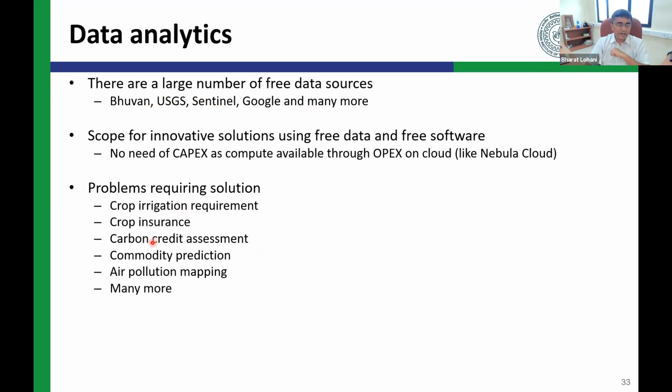I know of a company, again from IIT Kanpur, our student, who is trying to develop a technology to assess for those people who are in carbon credit assessment. If I have some area which I have put under forest, how much carbon sequestration can take place there? So how many carbon credits can I earn? Because you know the carbon credits are being traded now. So before trading the carbon credits, we need to establish the carbon credit. So he's developing the technology along this line. Again, he's not using any commercial data. He's going to this data and trying to do it with this.